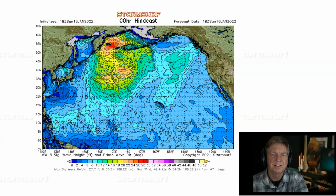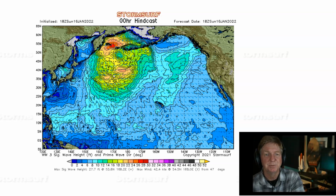So let's take a look at the effect of those winds on the ocean surface. Now, we've had a good series of storms and swells. I mean, it's been pretty much nonstop here in Northern California this past week. Even yesterday, solid waves over 10 foot, pushing 15 foot at times were coming in. Today, still a good solid well overhead surf, pushing double overhead, but definitely things are going to settle down a